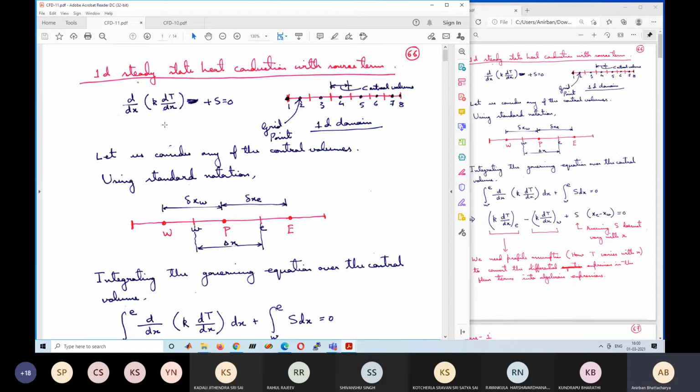Okay. So now let us assume that we want to solve this equation for a CFD problem. Okay, and we have a 1D domain like a say plate or bar. Okay, 1D bar, long metallic bar or rod is there, and the boundary conditions are given that temperature at the two end of the bar is given, and we want to find the temperature variation over the entire bar. Okay, along the length of the bar, not across the cross section, because it's a 1D problem. We can only find the temperature along the length.